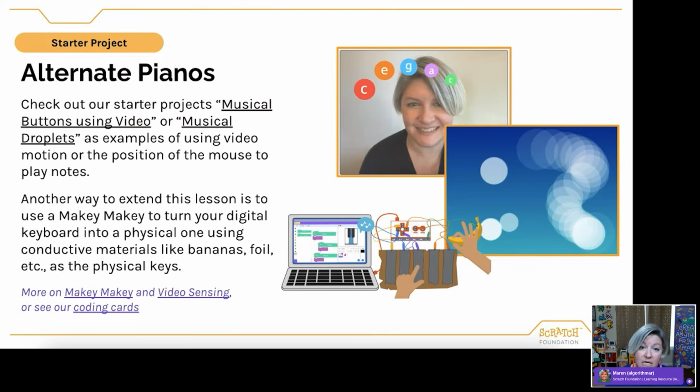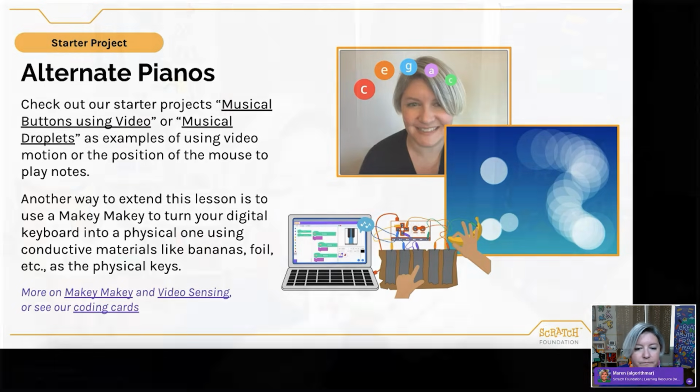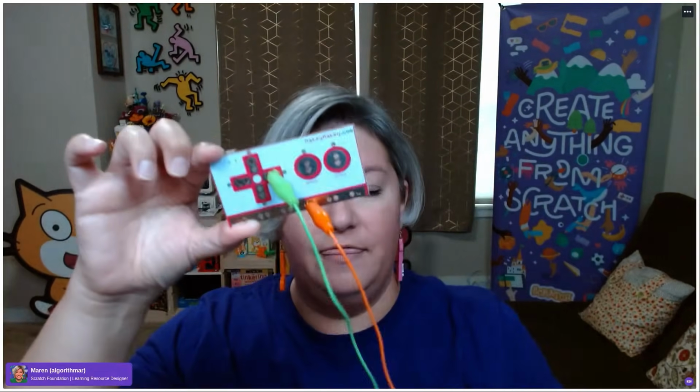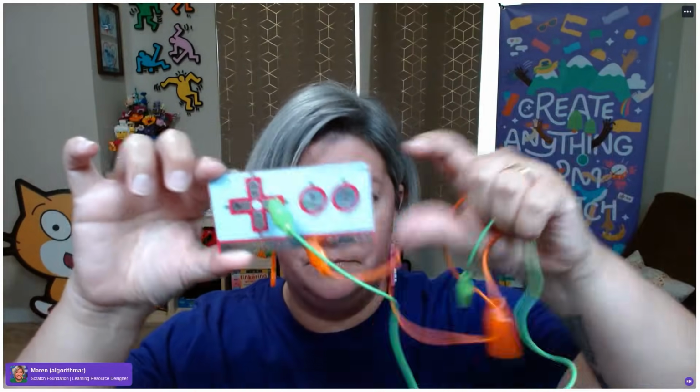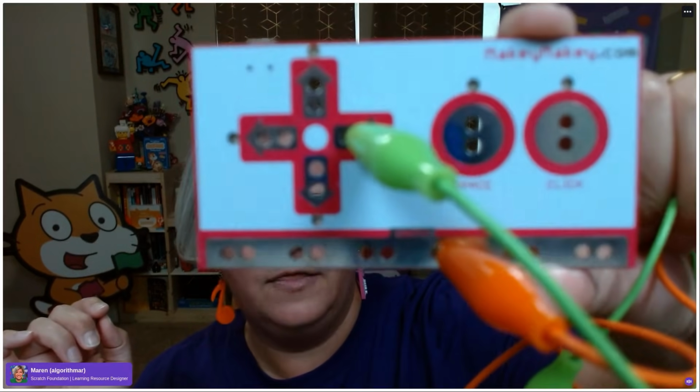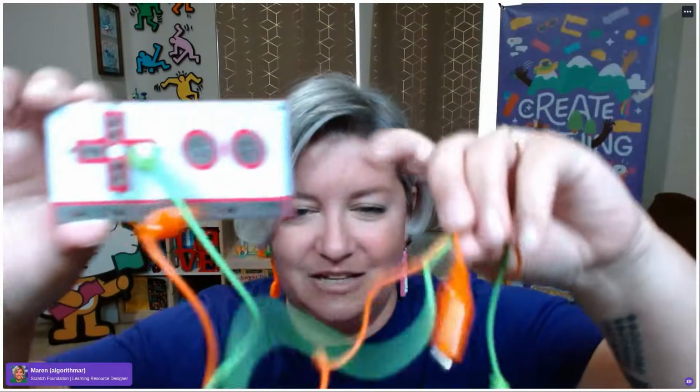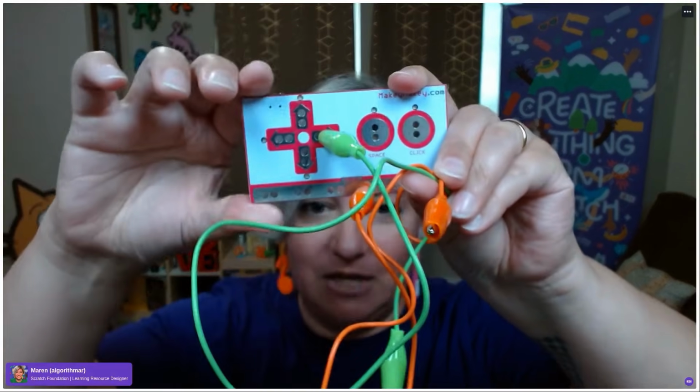Instead of using keyboard keys or maybe motion or a mouse click, you could also try using the Makey Makey. If you've never seen a Makey Makey before, it is this lovely little external tool that we have. This is a tool that was in part co-created by a member of the Scratch team, and it's really fun because you connect it to your keyboard through a USB cable, and then you have these alligator clips. If I get close, you could hopefully see there's some different keyboard keys, like space available here.